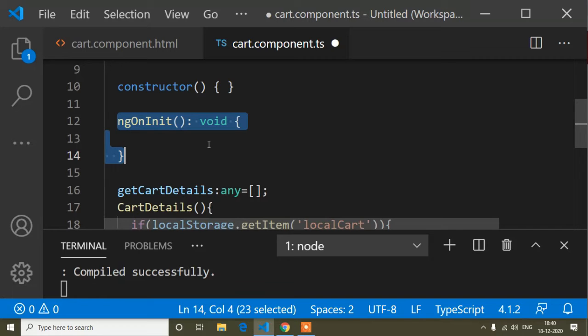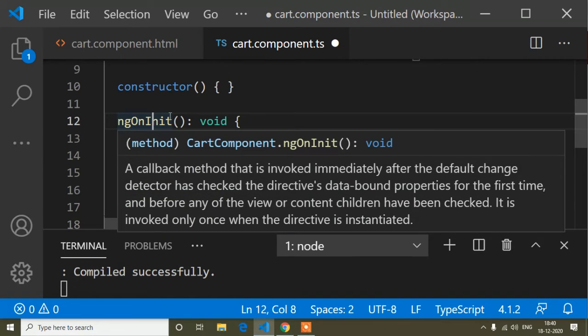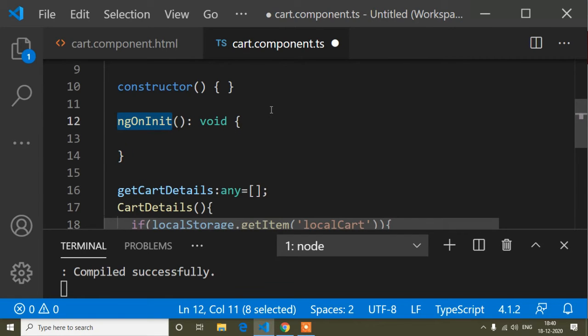Here I will give you a brief idea. Lifecycle hook means, in jQuery we write document.ready, document.onload. That means when our page is loaded, jQuery will be called, or you can say jQuery will fire. Here Angular provides lifecycle hooks. The constructor is not a lifecycle hook. ngOnInit, ngAfterViewInit, these are lifecycle hooks, and all the lifecycle hooks are called at different times. ngOnInit is called when our page is loaded.